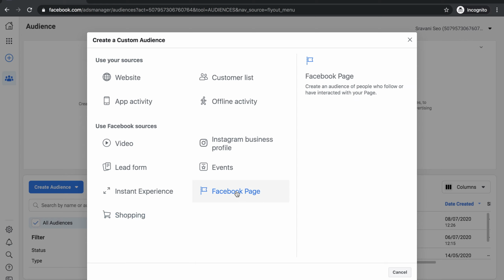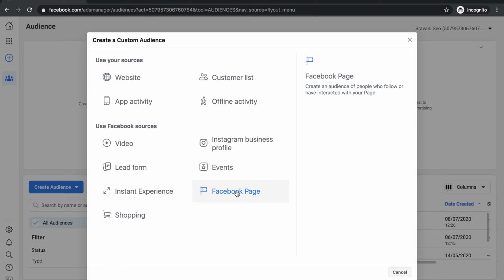Facebook page: if you have connected your account to your Facebook page, you can focus on the audience who are following your page and who have interacted with your page. That means who are regularly following and interacting with your page through Messenger, or interacting with your post in the form of engagements.